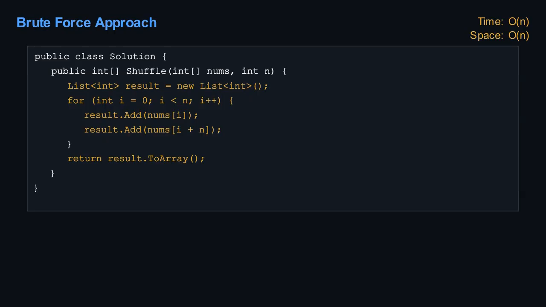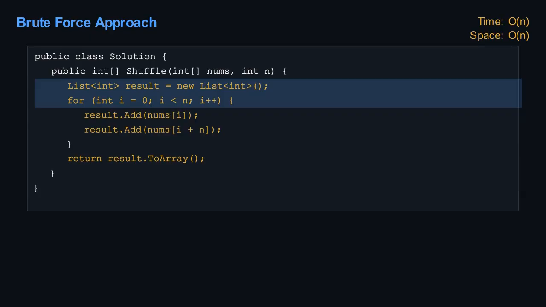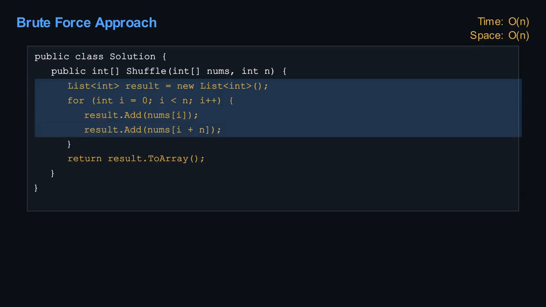A straightforward approach is to declare a new list or dynamic array. We'd iterate from index 0 up to n-1. In each step, we add the current element from the first half, then the corresponding element from the second half. Finally, we convert this list back to a static array. While this correctly shuffles the elements, it requires allocating a new data structure whose size grows with the input, leading to big O of n time and big O of n space complexity for the result array and the temporary